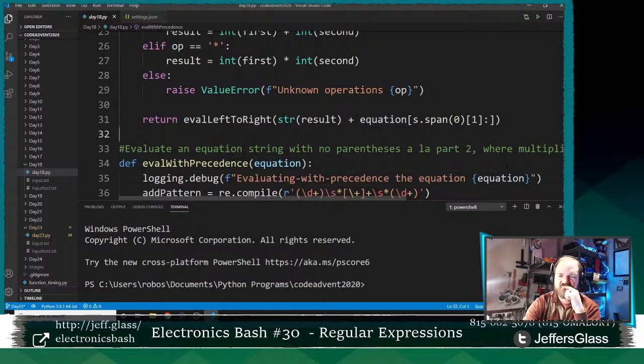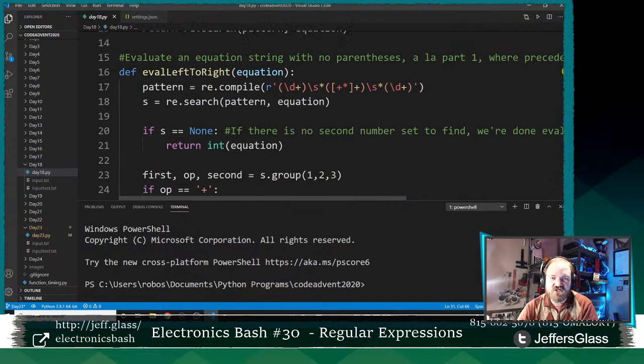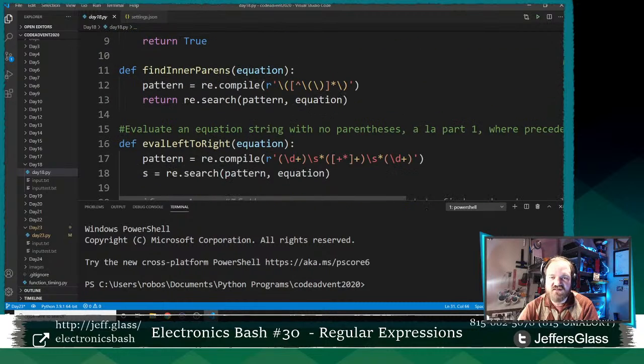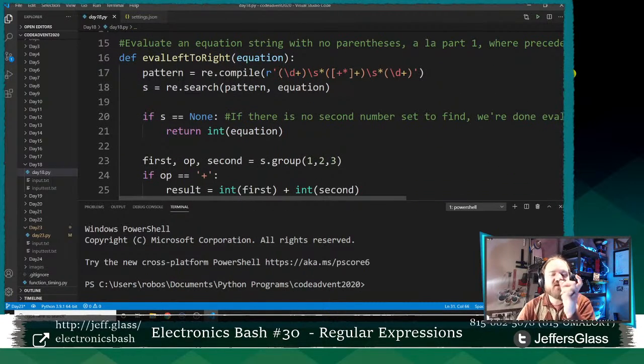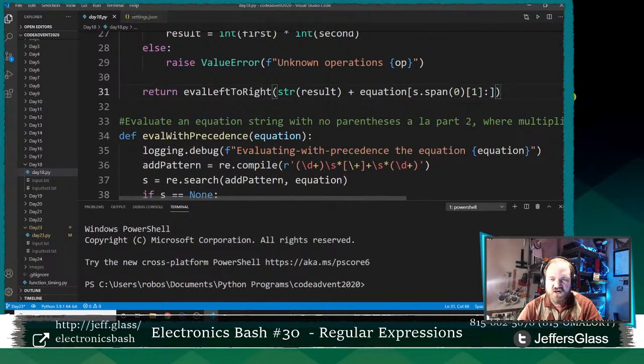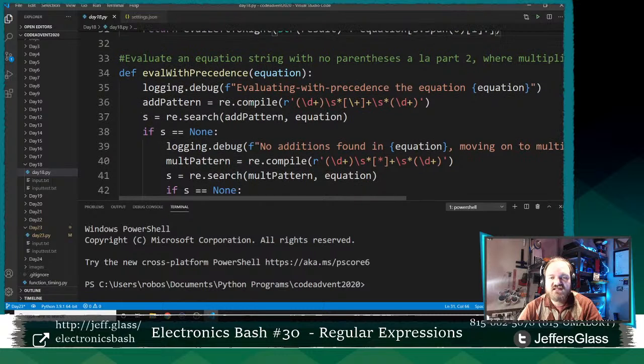As we move through, that's essentially how you solve the first part of Advent of Code Day 18: you parse out each individual line within parentheses, and then you evaluate each of those inner functions as you go. The second part of the question asks you to evaluate them with precedence. In this case, you evaluate everything inside parentheses first, but your additions take precedence over your multiplication. So I guess instead of PEMDAS, it's